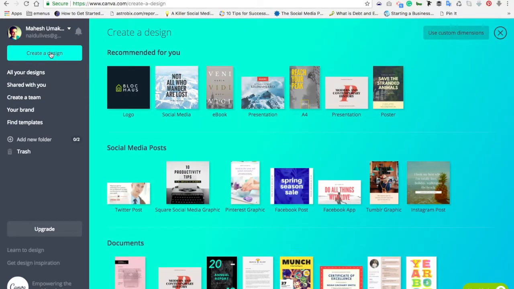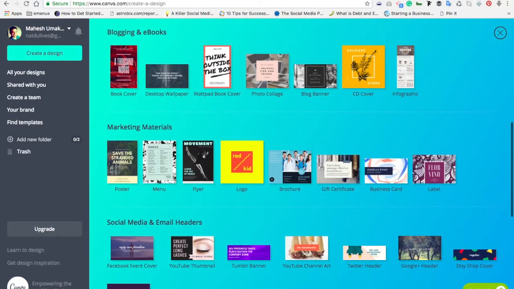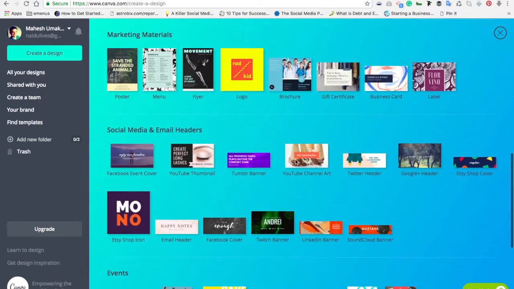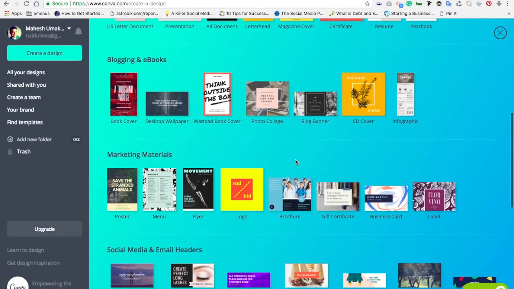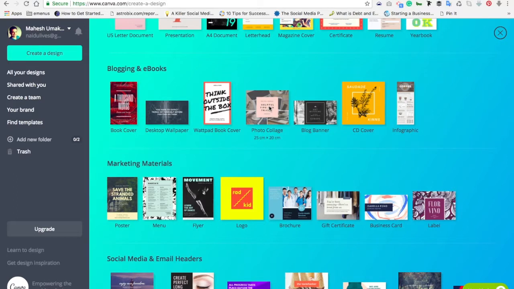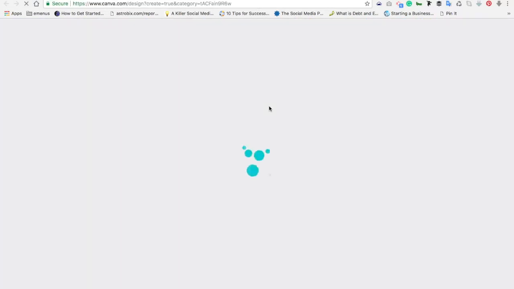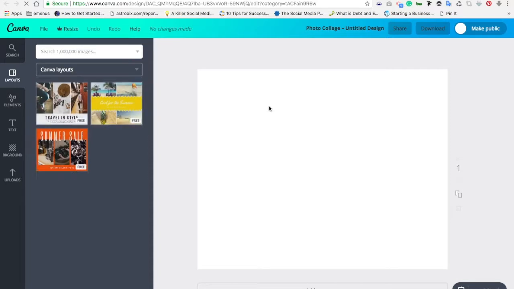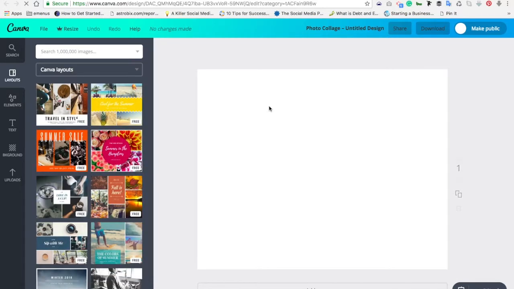Once you click on create a design, you need to scroll down. And once you scroll down, you'll find something called a collage, a photo collage. All right, so now you click on that, it will open another tab in which you will find a canvas. You don't have to worry about the dimensions. Now, if you look at the canvas,